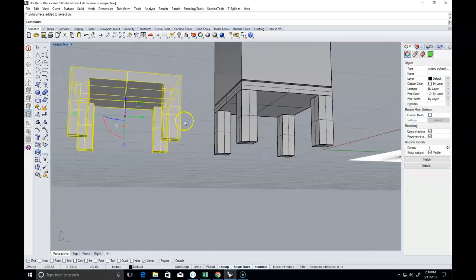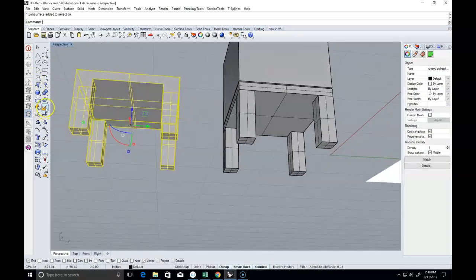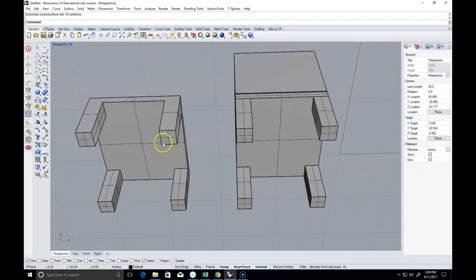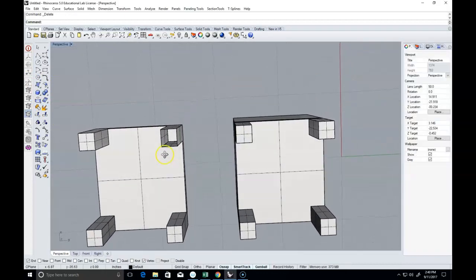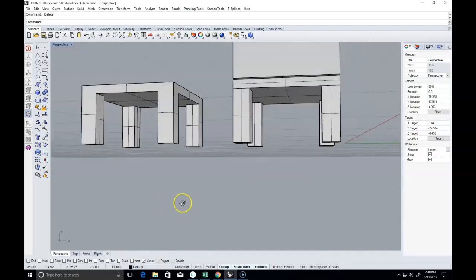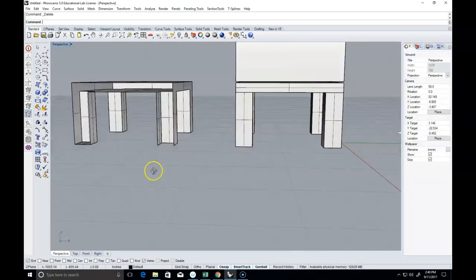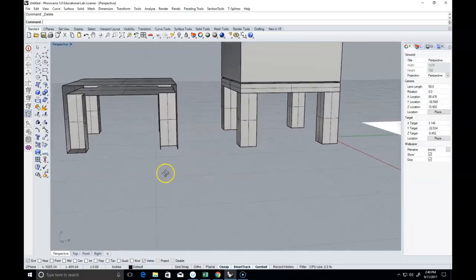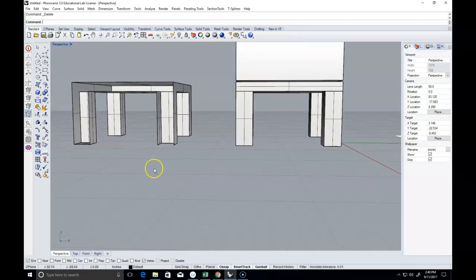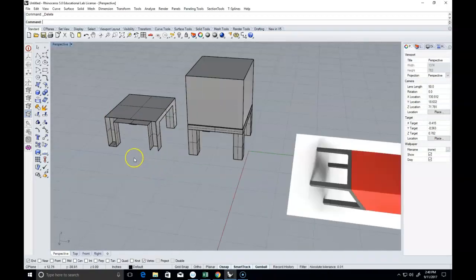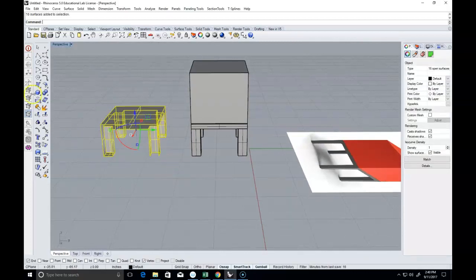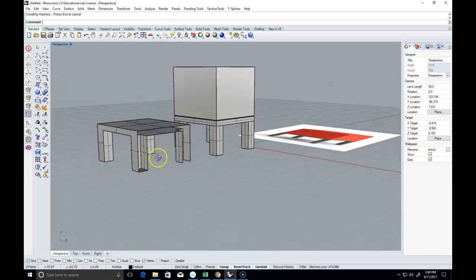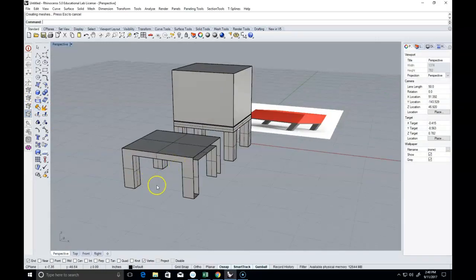Yeah, and then at this point I could explode it again, which you guys are going to do a lot of. If I get rid of that, you can see that it's all here. And if I also get rid of that, you can see they're all welded and seamless together. It's a pretty beautiful thing. And then I can just join that together. Join. Okay, so I think